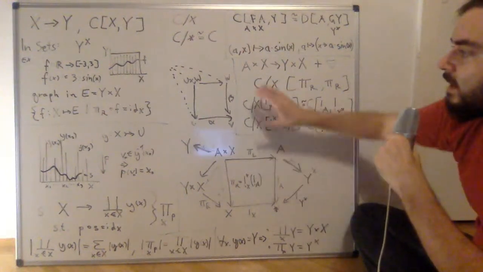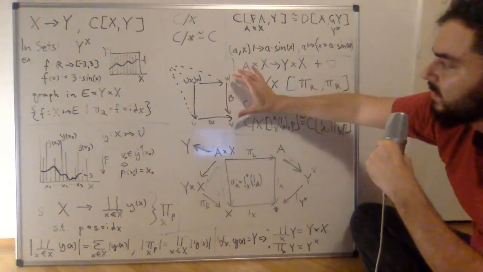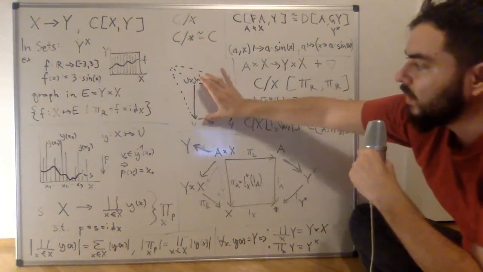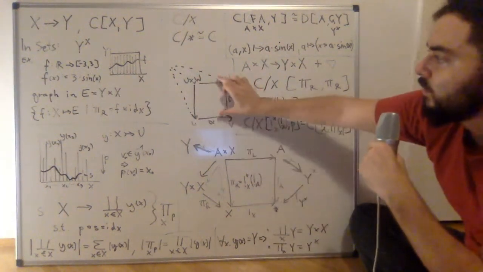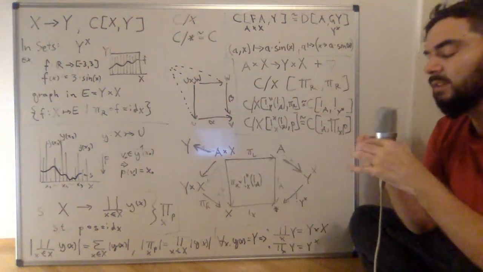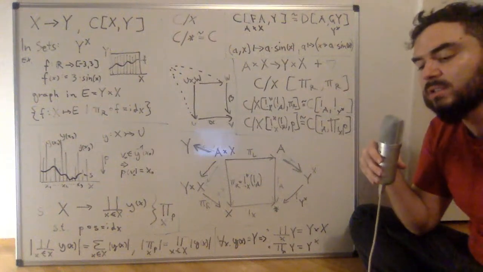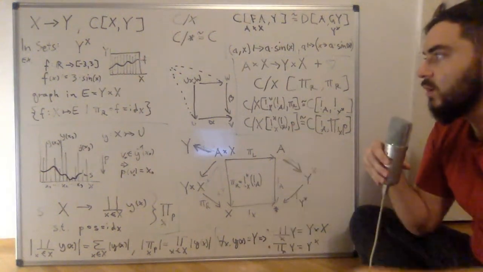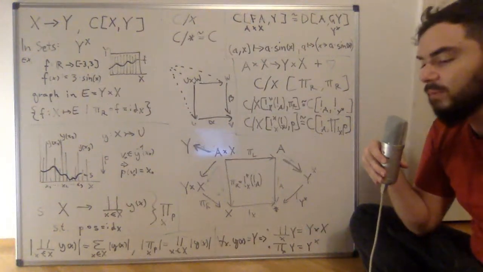So in essence, this is like taking this beta and pulling it along alpha to get another arrow here. And there's then some technical conditions where you say I define this pullback of beta along alpha in such and such way that